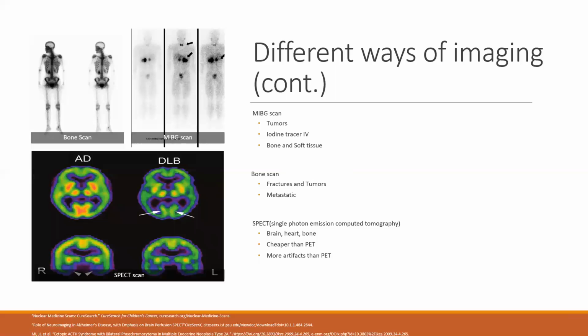MIBG scans are primarily used to find neuroblastoma tumors. However, it is commonly paired with an iodine tracer, so it can be used to find metastatic diseases along with bone and soft tissue tumors in the body. The scan can be given 1 to 3 days after the tracer is administered. The iodine and MIBG substance collect in spots of tumors and disease to form black spots on the image, like